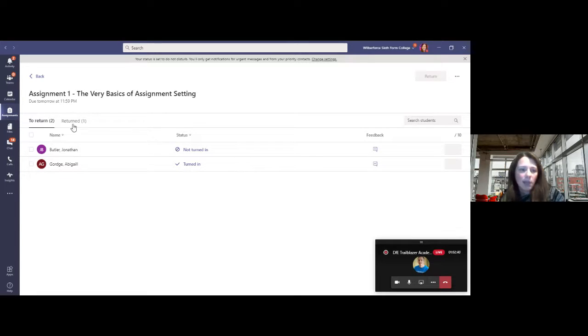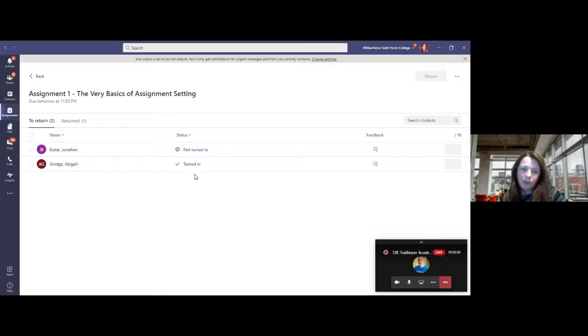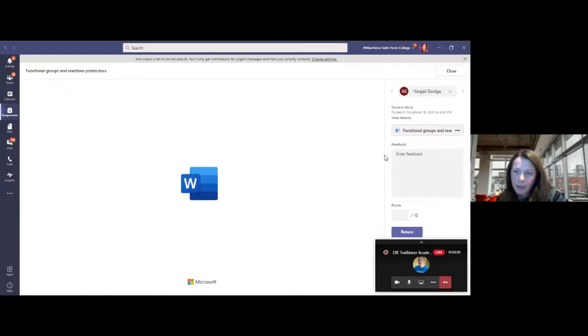She can do that and resubmit. At the moment, it's gone into the returned section. I quite like this because you can see which ones you've given feedback on and which ones you haven't yet. So if Nick was to resubmit that, it would pop back into that box again. So we can do the same with Abby.